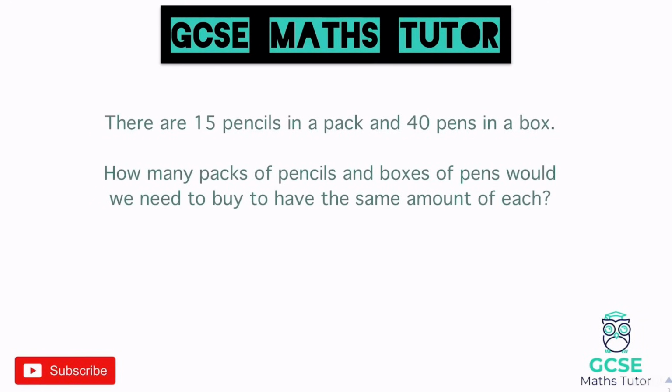Okay, so there are 15 pencils in a pack and 40 pens in a box. How many packs of pencils and boxes of pens would we need to buy to have the same amount of each? So we're looking at lowest common multiple, so 15 and 40. I'm going to do a list of their times tables,